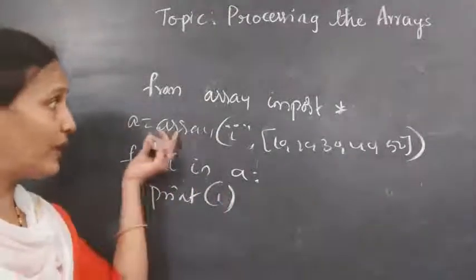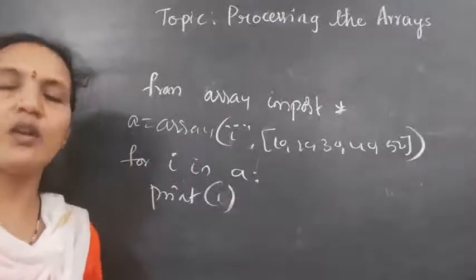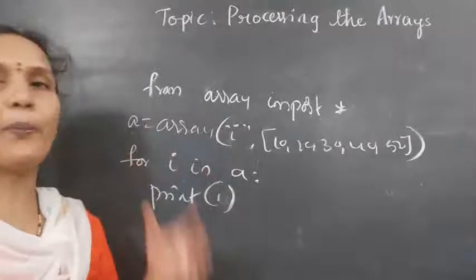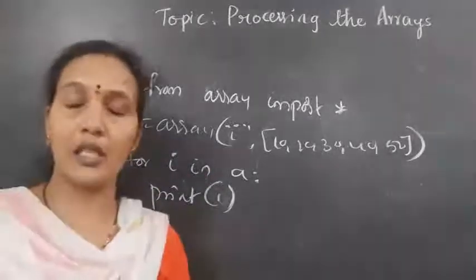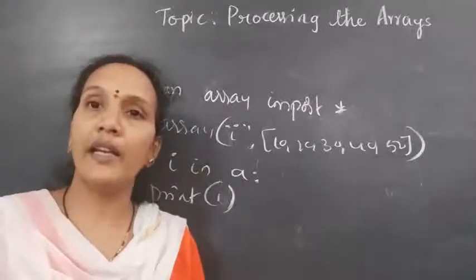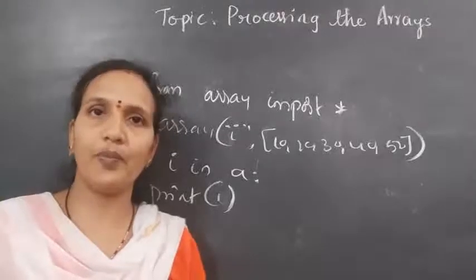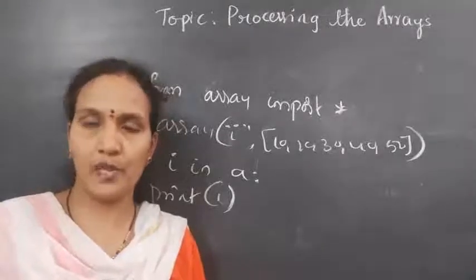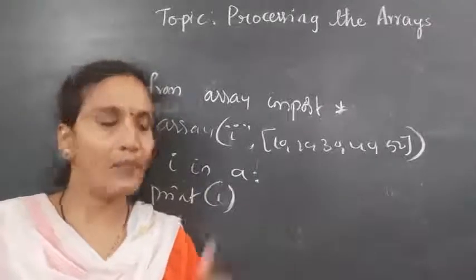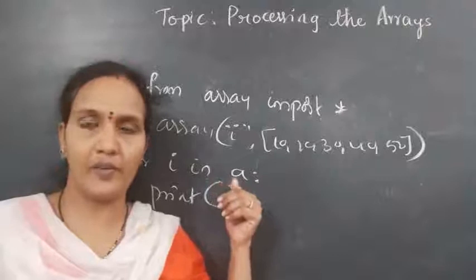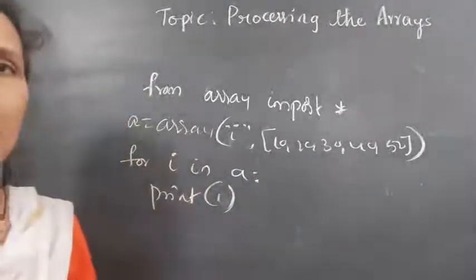Now we will create an array, and whatever methods you have in Python, all those methods are operated on this array. Like in C++ and Java, we have methods such as index, concatenation, joining, appending. Such types of methods you have in C++. Similarly, here we have a few methods in Python that can be operated on arrays. We will discuss those methods. Take a screenshot of this. I will give you the list of methods.